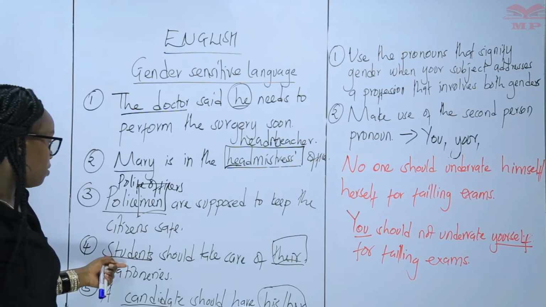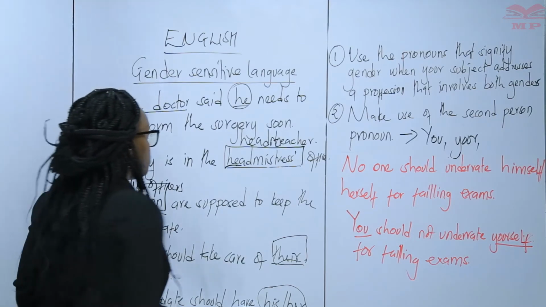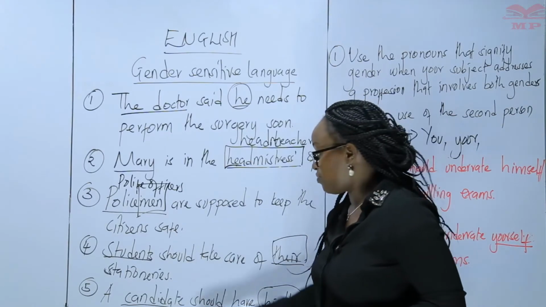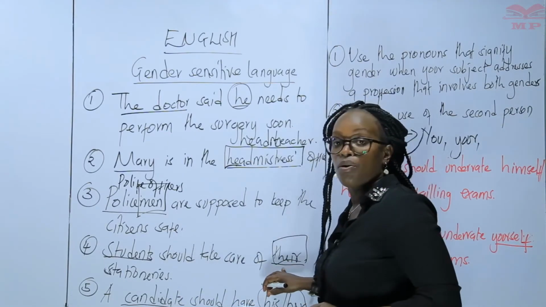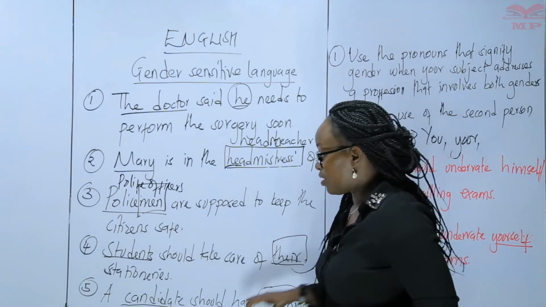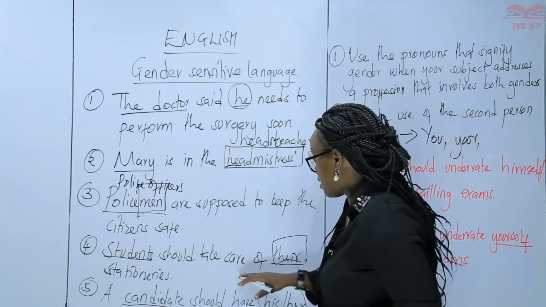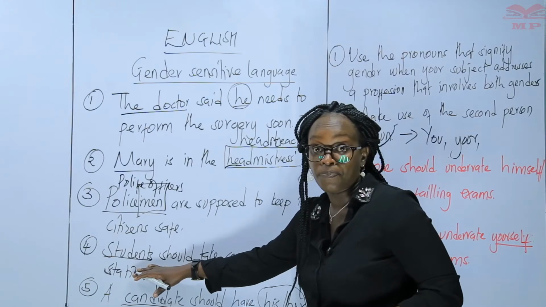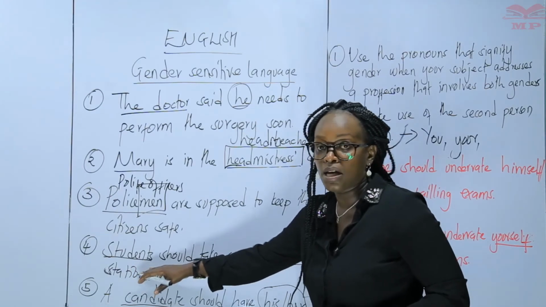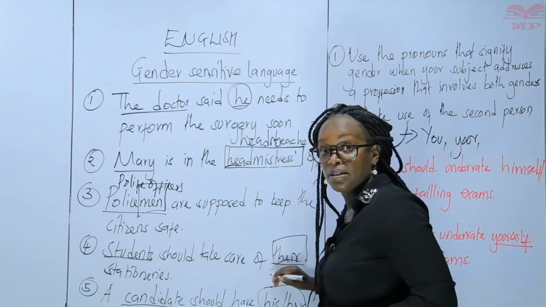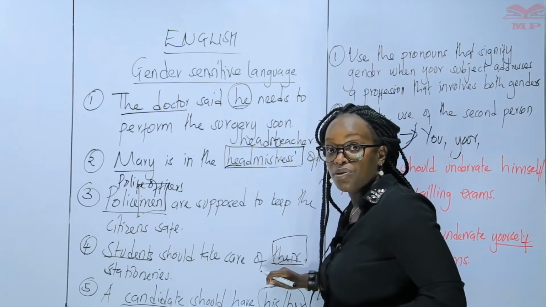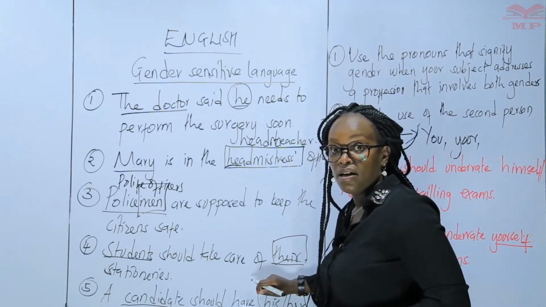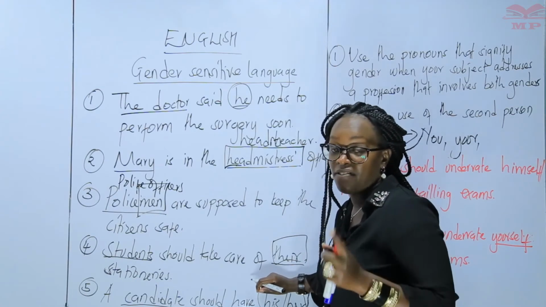And the other thing that you can do, number 3, to make sure that your language is gender sensitive, is make use of plural pronouns. So look at this sentence. Students should take care of their stationaries. Students here is in plural. So when you are dealing with plural subjects, you can make use of the pronouns that are in plural. We have there, and we also have they, and we also have them, whichever